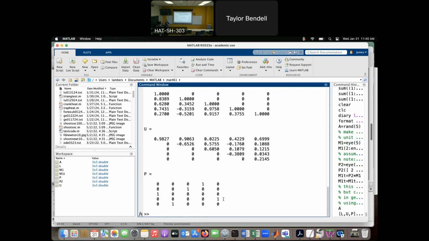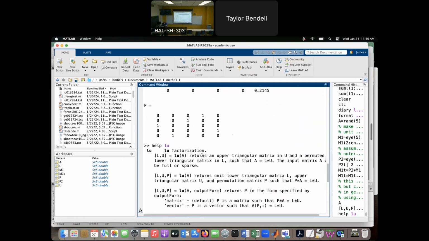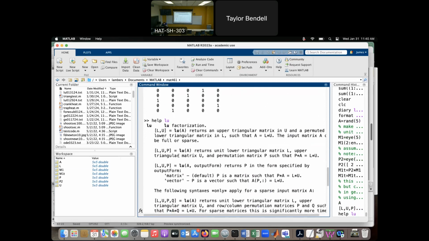Although it occurred to me, I bet if I were to look at the help page for LU, it probably has a way to return P as a vector rather than this full matrix that's wasting storage, because that's certainly what would make sense. So here are all the different ways you can call LU. Ah, yes. I can specify